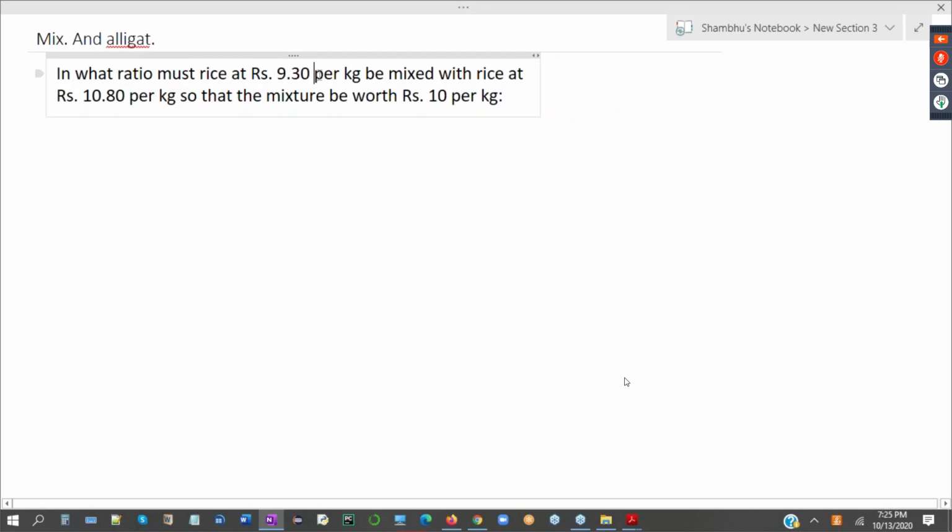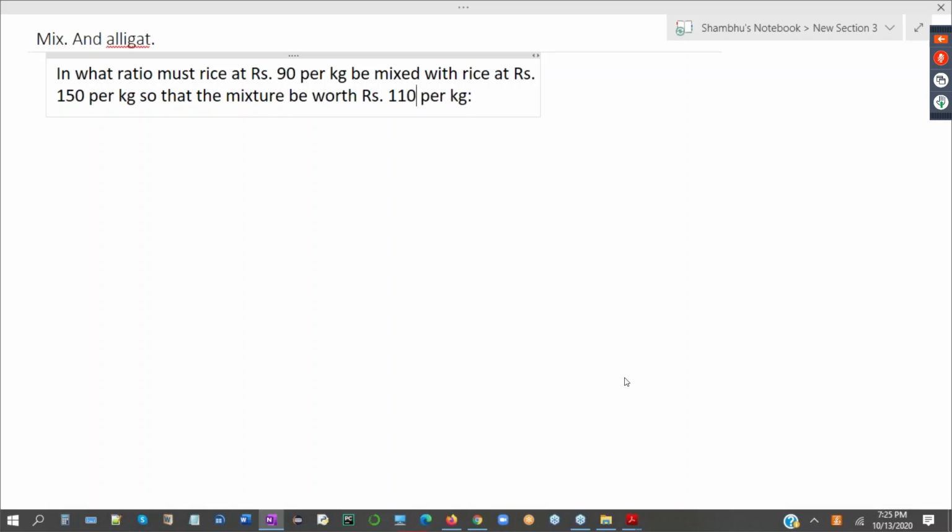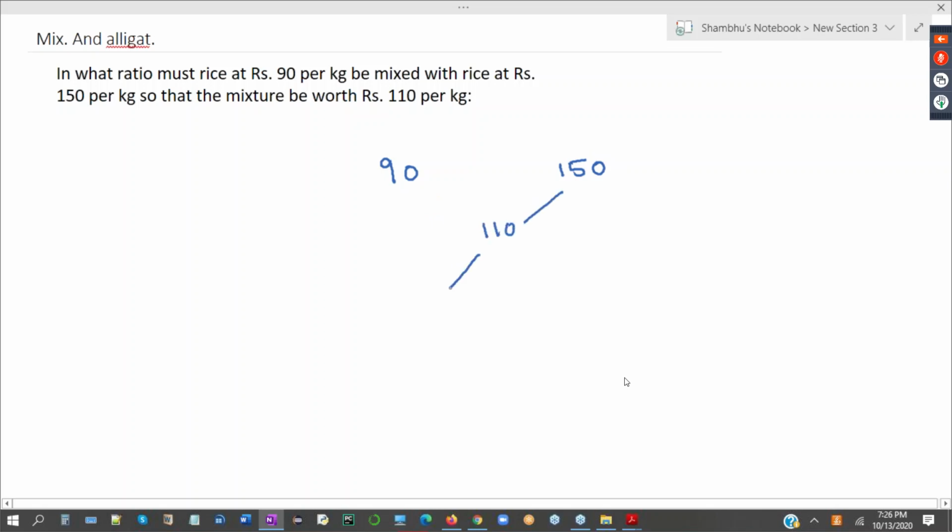In what ratio should rice at 90 per kg be mixed with rice at 150 per kg, such that the mean price comes to 110 per kg? So here, what ratio will I get? One point I want to tell you. 90, 150, and mean price is 110. So here I will get 40, and here I will get